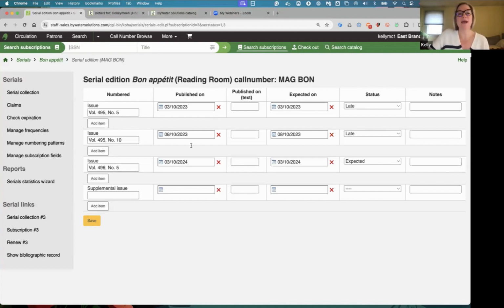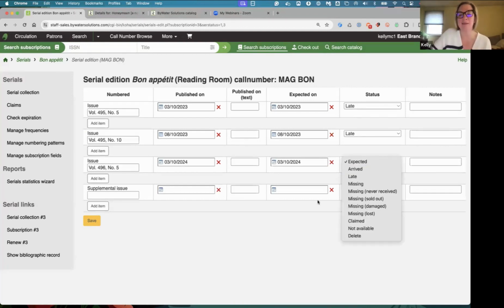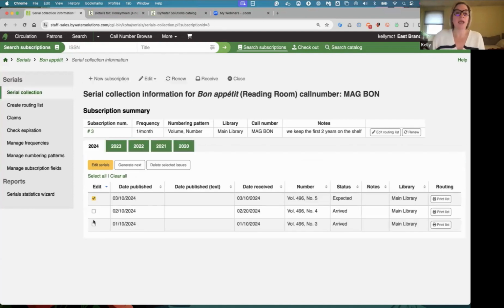And Koha is going to say, okay, well, we expected 496 number 5, and it's coming on May 10th. Has it arrived? And we can easily say it's arrived. Or like the previous two, we may have to say it's late or claimed. Who knows? Not available. Maybe it got so wet in the mail. Who knows? But once you have that set up, now, if you have new subscriptions, there is what we have